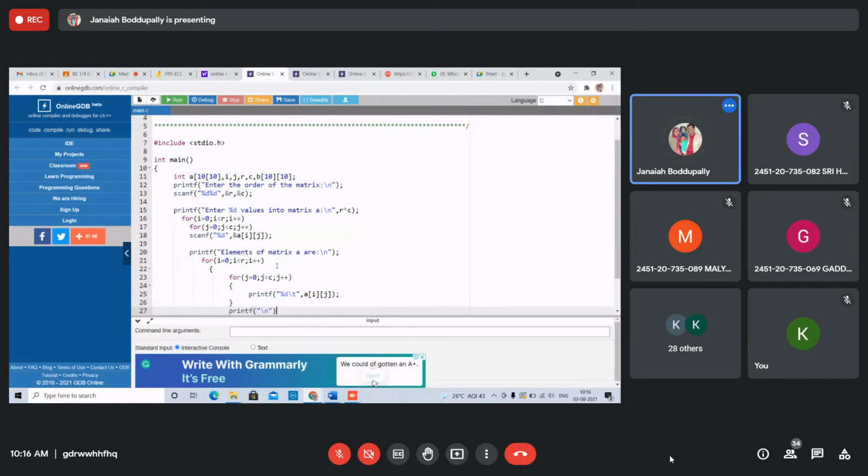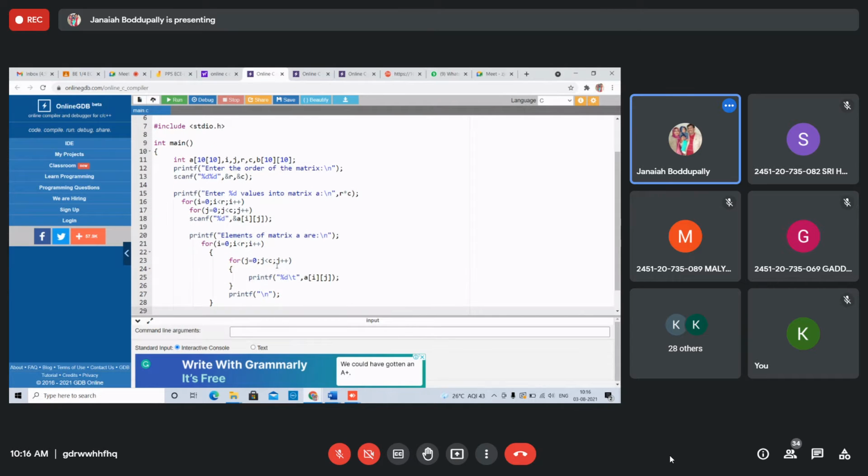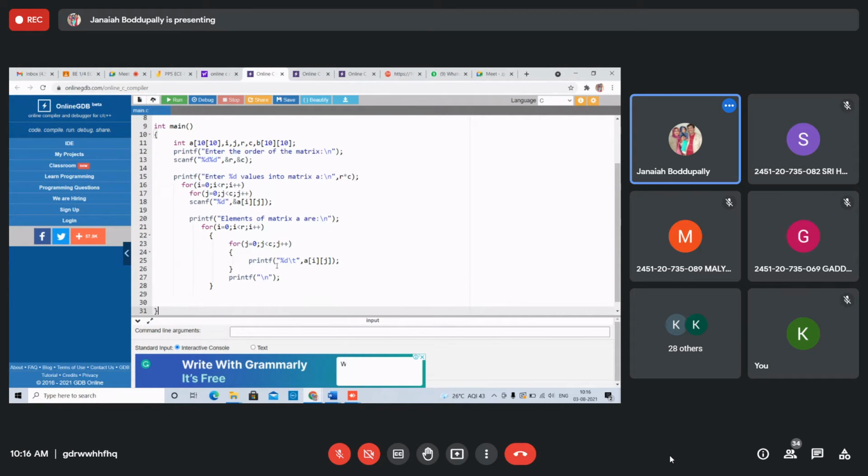That's it. Okay, now these are the elements of the matrix. Why are we taking this printf after the inner loop? After completing each row, the next row will be in the next line.